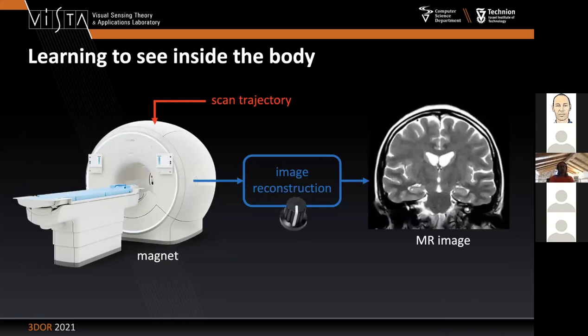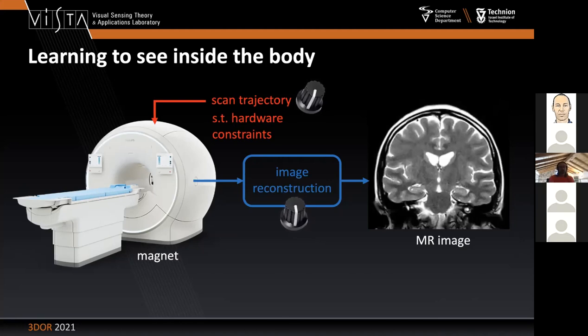and learn, of course, the image reconstruction. Many people did it before. There are many ways to learn image reconstruction from MRI. But what we also added to it is learning the scan trajectory. And again, I'm omitting the details, but what is most important probably is that we actually take into account the physics of the machine, at least to some extent, and these physical constraints are strictly enforced on the trajectory that